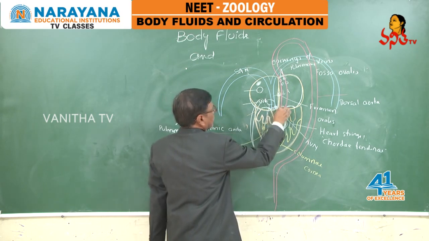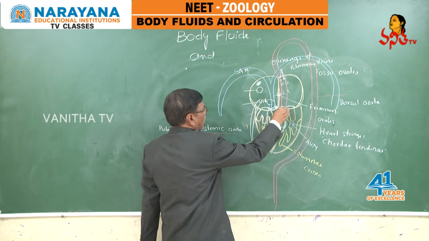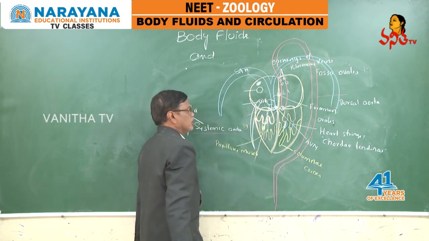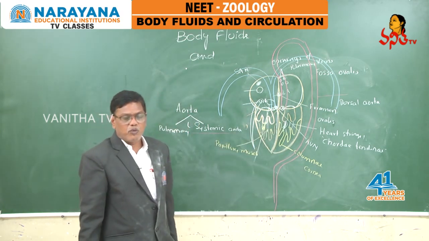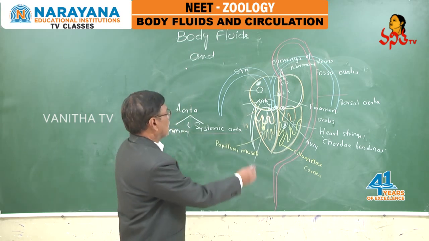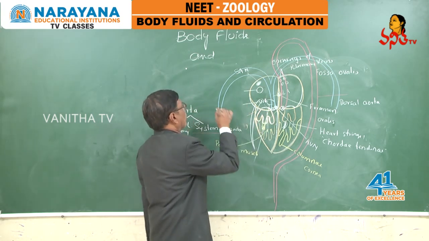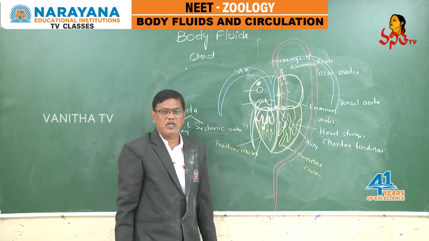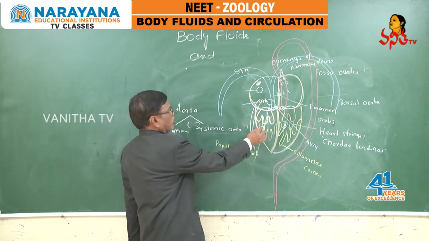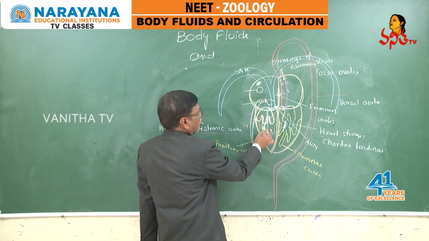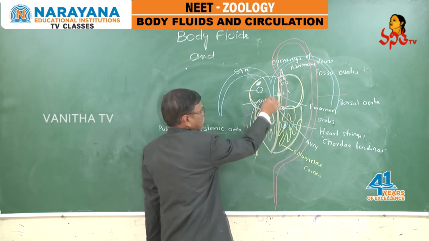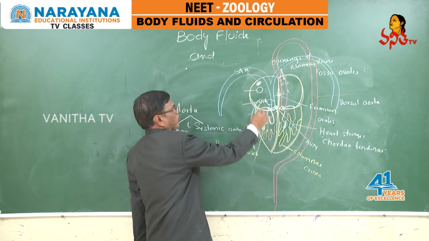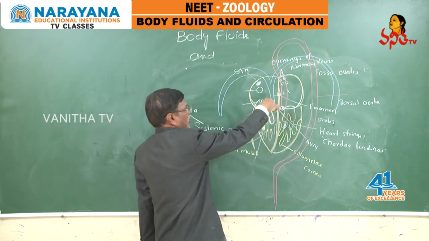Both the aortic arches, pulmonary aorta and systemic aorta, are guarded by three semilunar valves. Three flap-like structures, not three in number. They are called aortic valves, and they are crescent shaped. These semilunar valves allow the flow of blood into the aortic arches, deoxygenated blood into the pulmonary aorta, and prevent the backward flow.